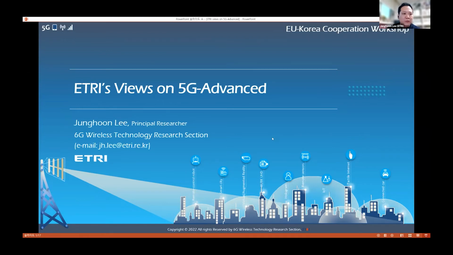So this time I will present our key technologies on 5G Advanced. As you know, in the last 3GPP plenary meeting, the work package for release 18 was approved. With the release 18, 5G Advanced starts the second phase of 5G, and it will bring a new wave of wireless technology innovation. ETRI also would like to join this new technology trend. So in this talk, I present ETRI's view on 5G Advanced and the key technologies we think.